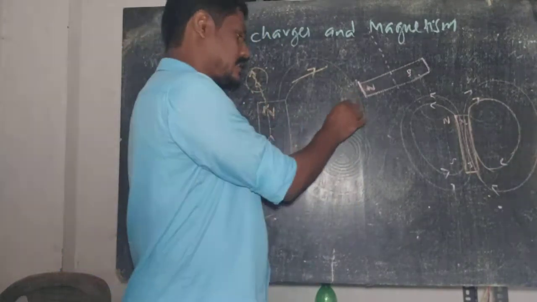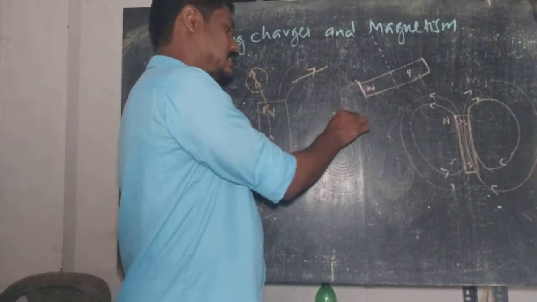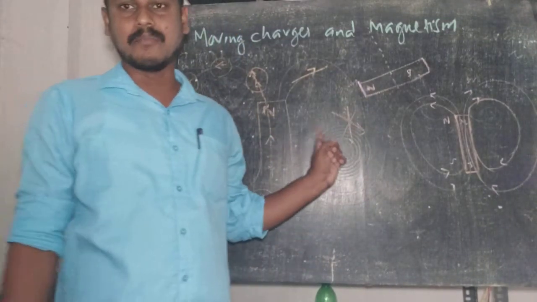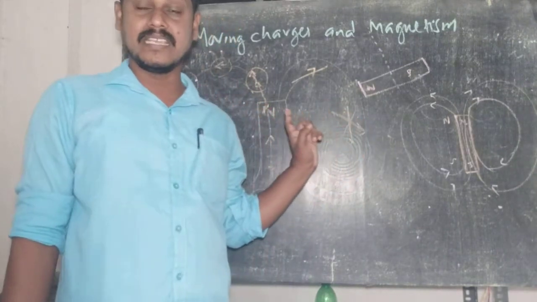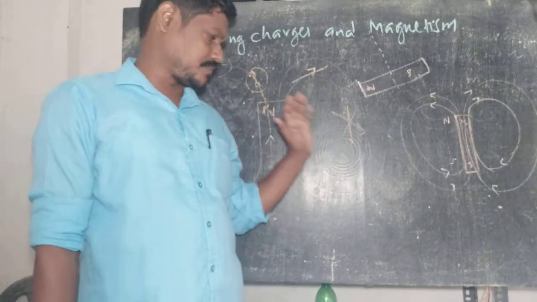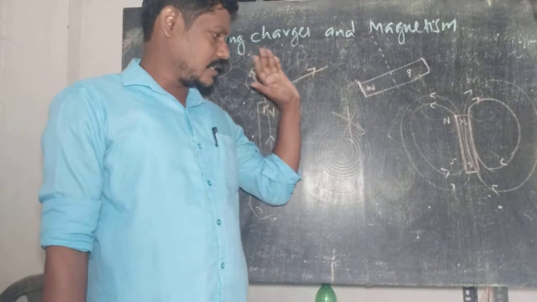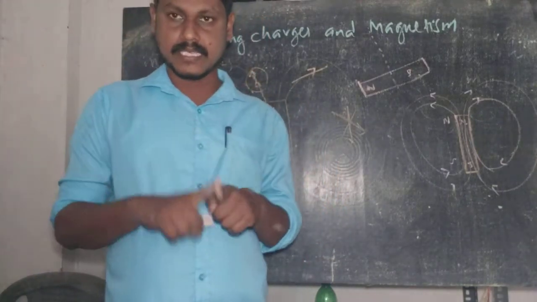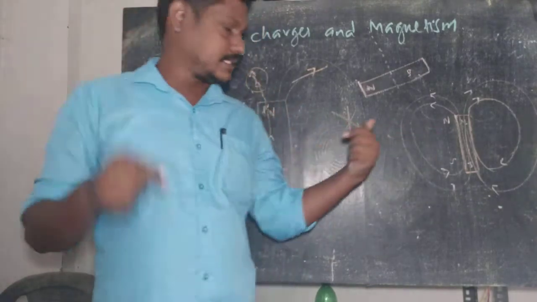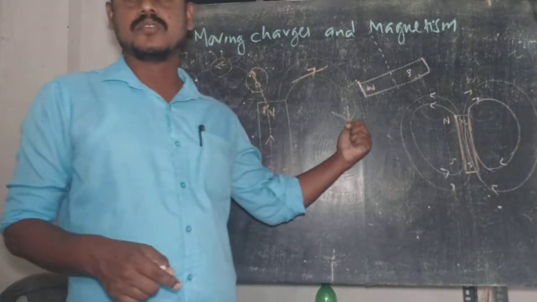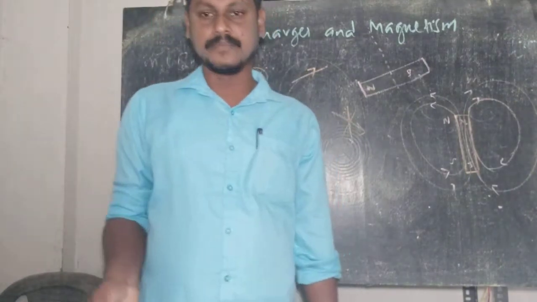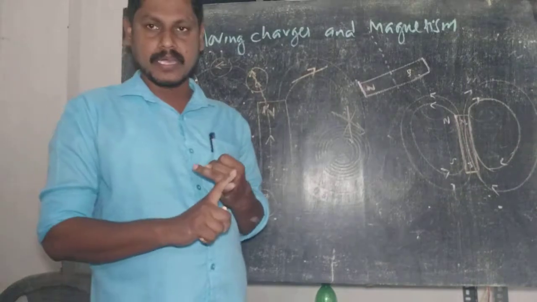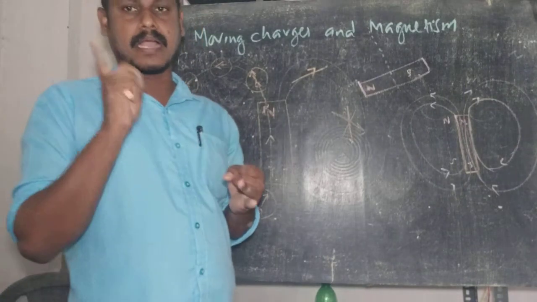Suppose they intersect, it means at the intersecting point a magnetic compass would show two directions simultaneously. It is impossible. No two magnetic field lines intersect, because if they did, it would mean at the same point a compass needle should show two directions. It is impossible. So we have an idea about the magnetic material, magnetic property, then magnetic field line.